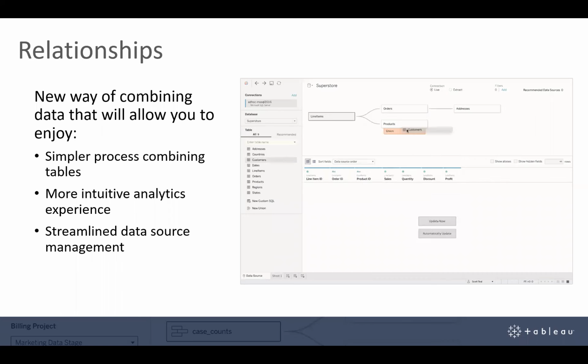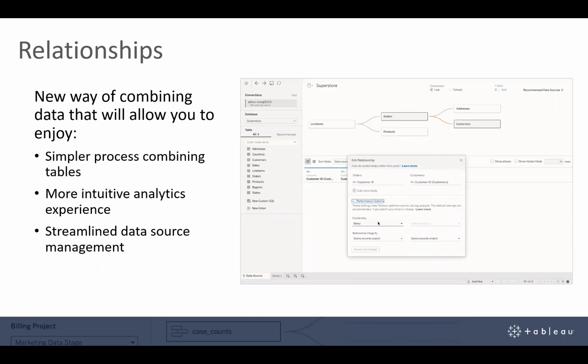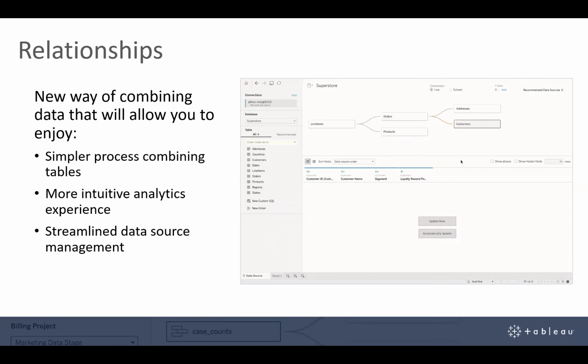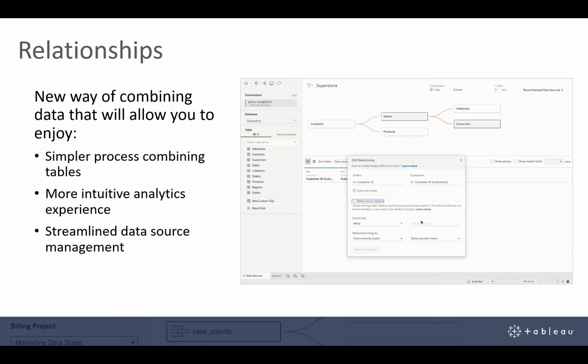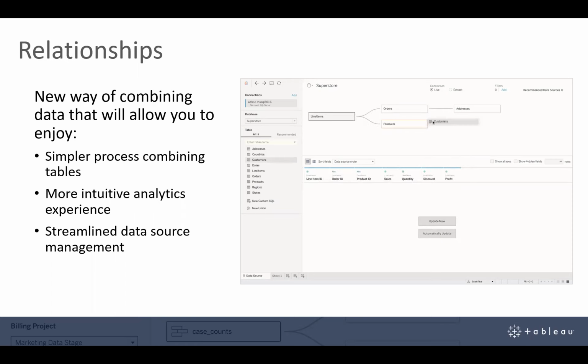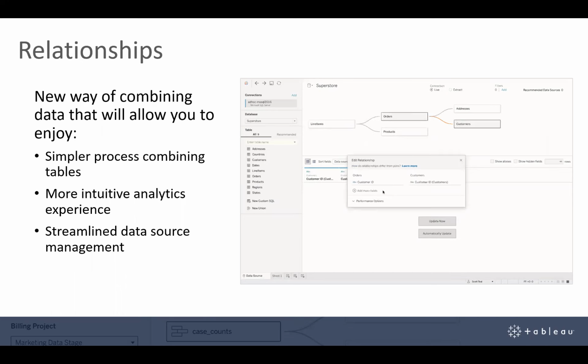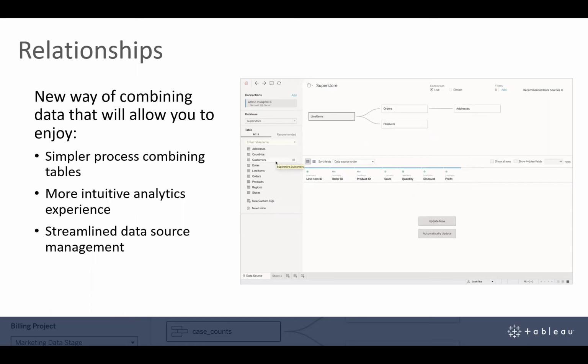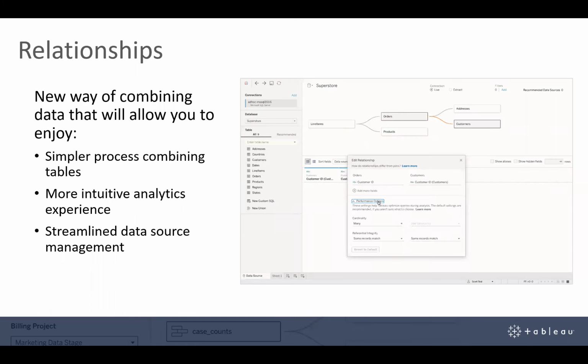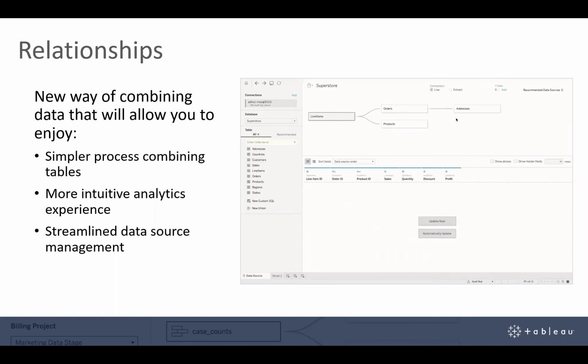What you're seeing here in this animated viz is that we're connecting to multiple tables, all related to sales data. When dragging in the customers table, you can define the relationship by specifying the cardinality and referential integrity between the customer ID in the orders table and the customers table. With these relationships, Tableau will bring in the data at the right level of detail during your analysis. Like I said, at the end, after I go through all the features, I'll break this down a little bit more because I'm sure there are a lot of questions around relationships here.